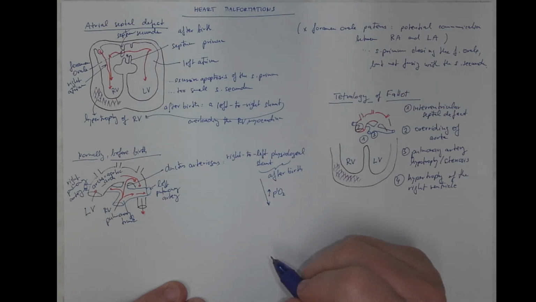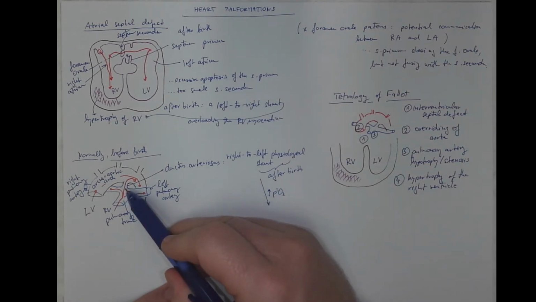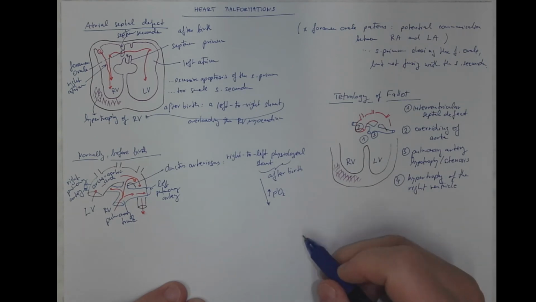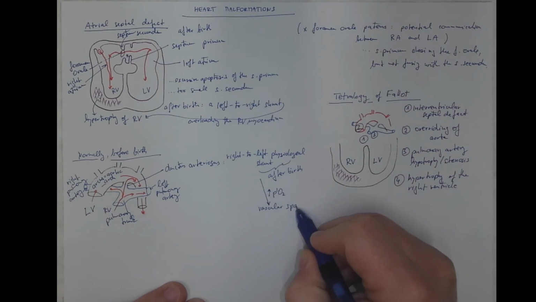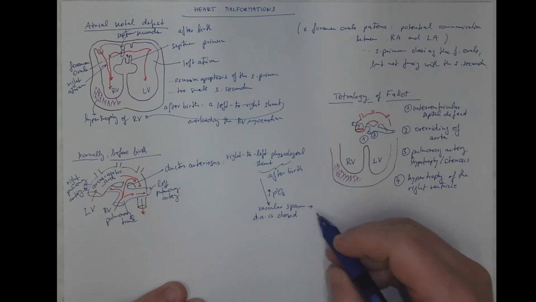And while some molecules called prostaglandins are keeping the ductus arteriosus open, there will be a closure or spasm of the smooth muscle of the ductus arteriosus. So there's a vascular spasm, and later on the ductus arteriosus is closed